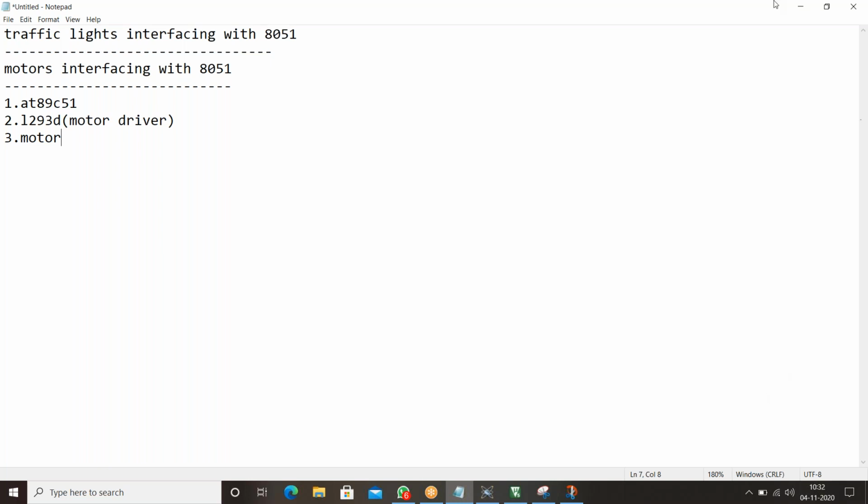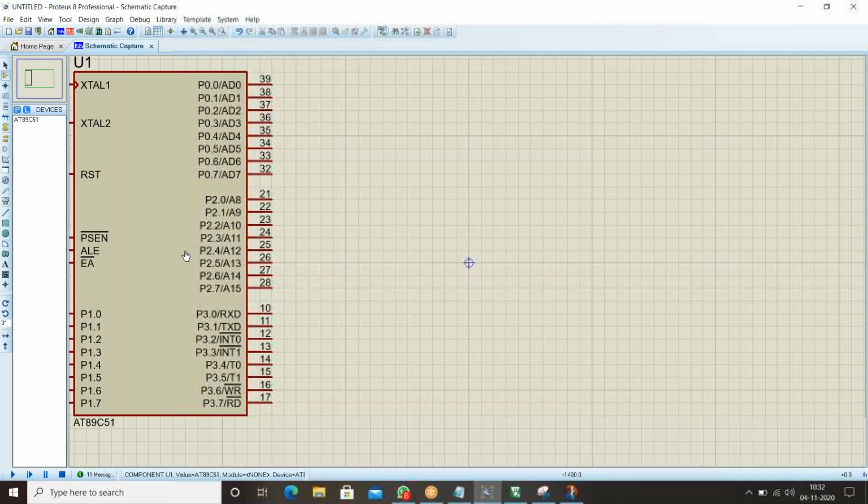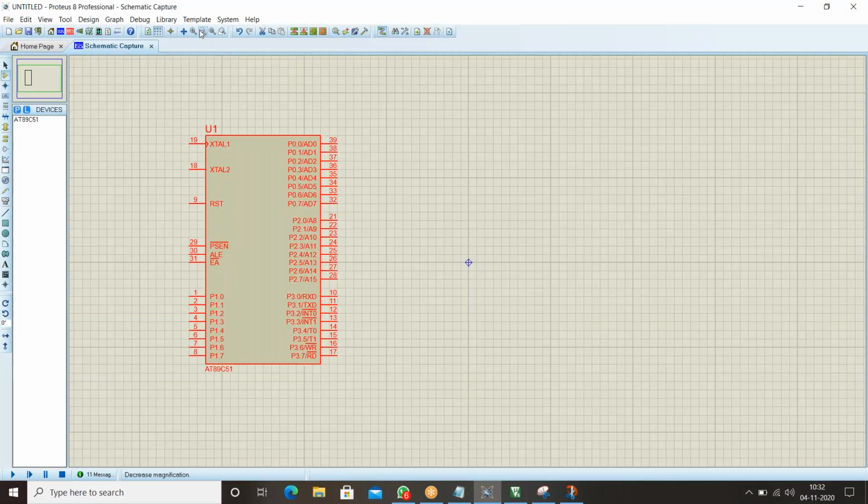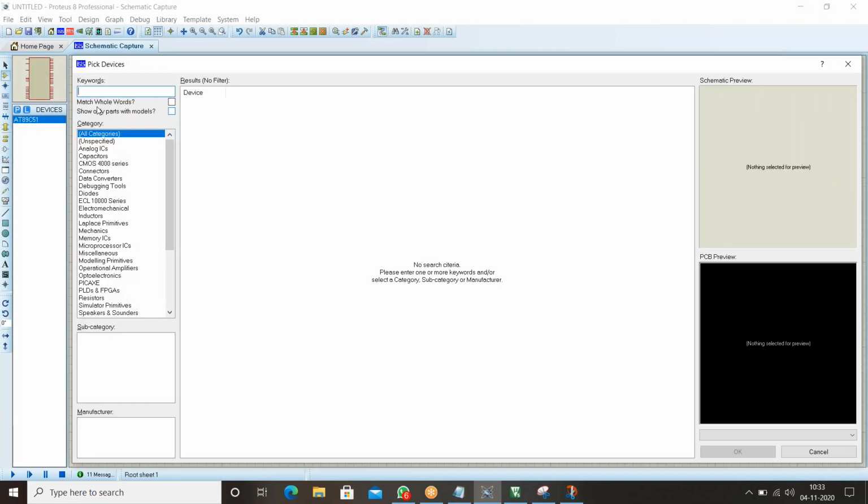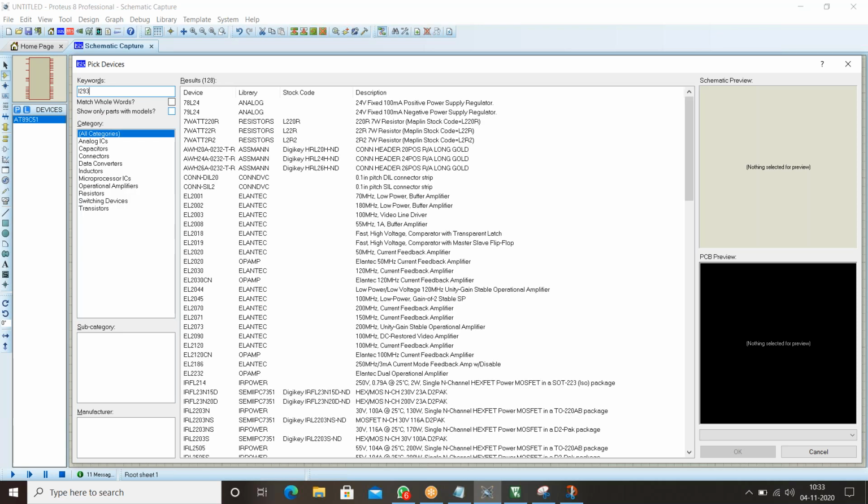Try to open your Proteus. My microcontroller is already there. Go to P, pick the device, and type L293D.